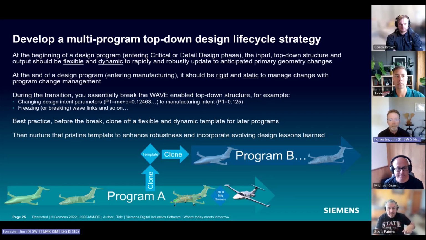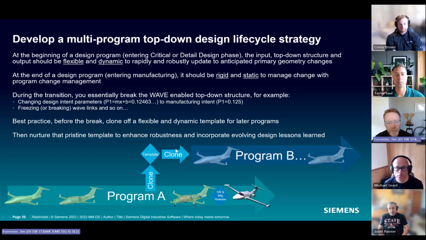But when you want to make that part, you want to hard code that to some standard size. And in this case, going from 0.12463 to 0.125, you've hard coded that. You've essentially broken that driver-driven relationship. It's no longer going to morph. It's fixed. So before you start doing that, clone off a copy, make a template of it, nurture that, improve